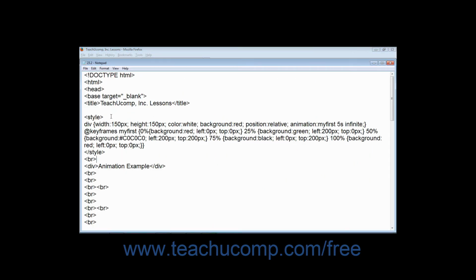The example we have is a div element set to a width of 150 pixels, a height of 150 pixels, text color of white, and a background color of red, the position set to relative, animation my first set to a duration of 5 seconds, and an infinite animation iteration count, so it will always play. Then we have @keyframes with the same name my first,